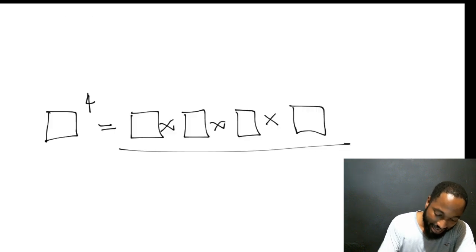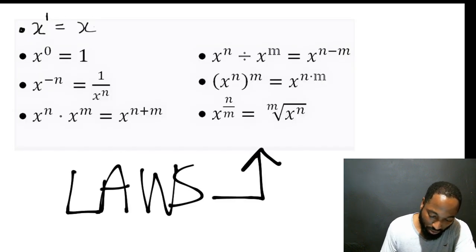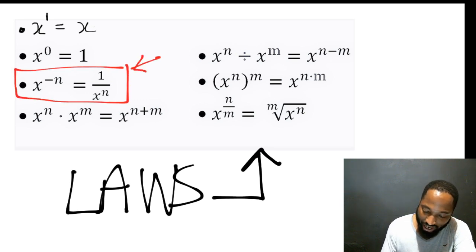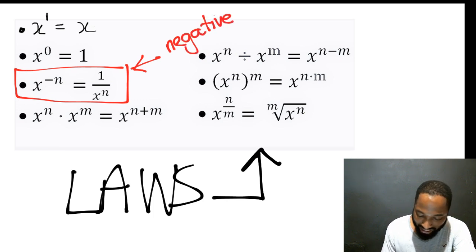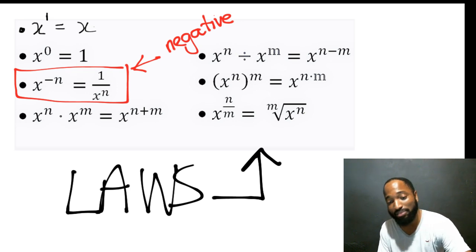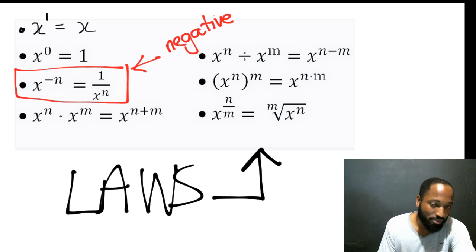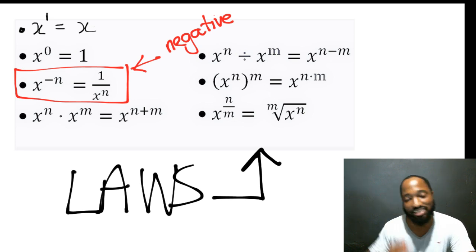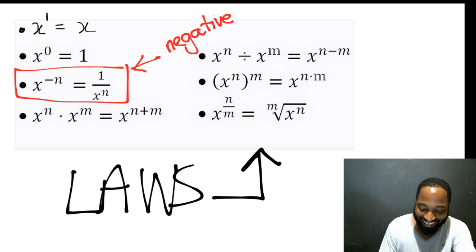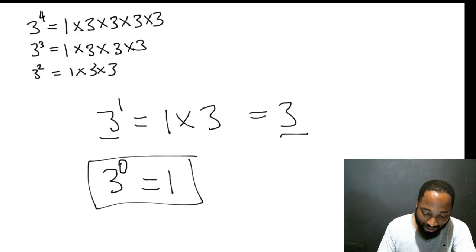Let's go on to the next rule, the negative rule. Alright, so this is where it starts to get tricky. We introduce negative numbers, and some people don't like negative numbers and they don't like fractions. So as soon as you understand something in maths, we pelt in some negative numbers, we pelt in some fractions to make the thing good, right? What do negative numbers do in indices? Well, this is what negative numbers do.